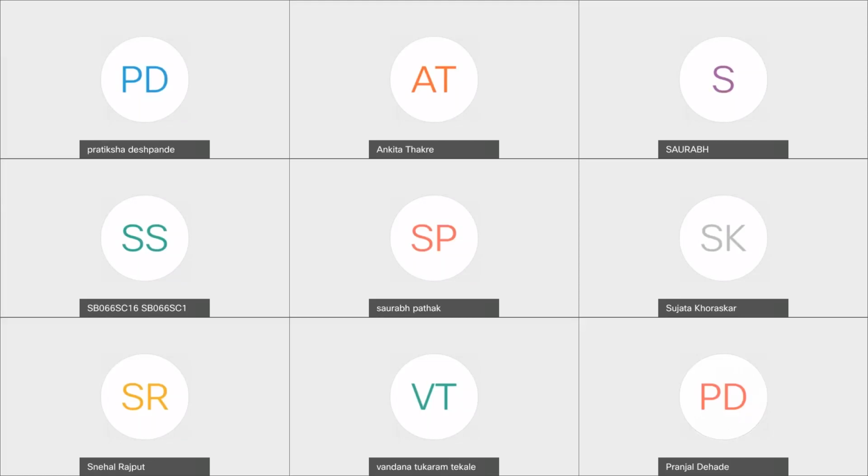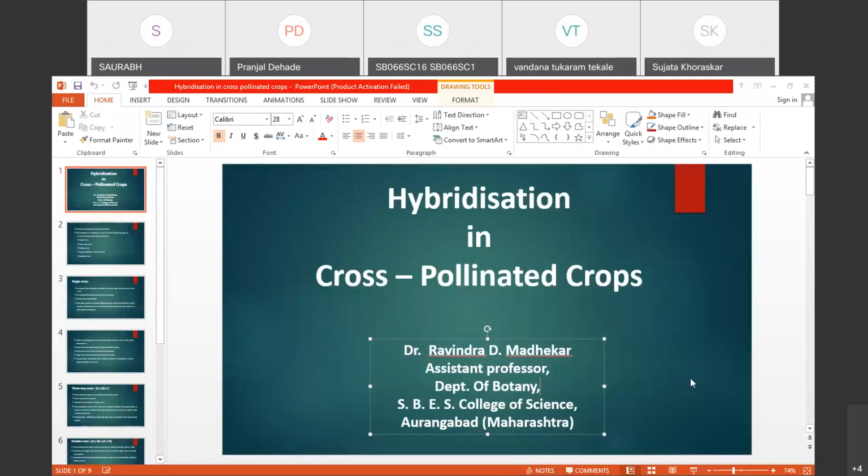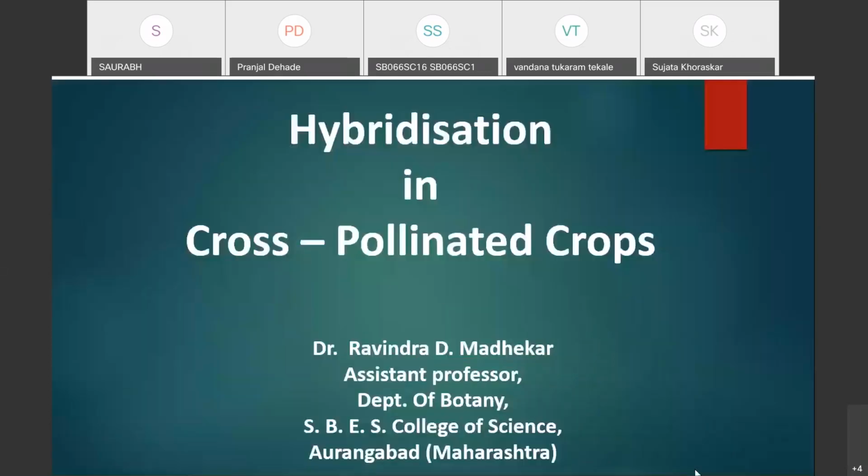Good afternoon, all. In today's lecture, we are going to discuss hybridization in the cross-pollinated crops. In the last lecture, we discussed the different hybridization methods which are used in the self-pollinated crops. Handling of the F1 generation and the further segregating generations is different in self-pollinated crops and cross-pollinated